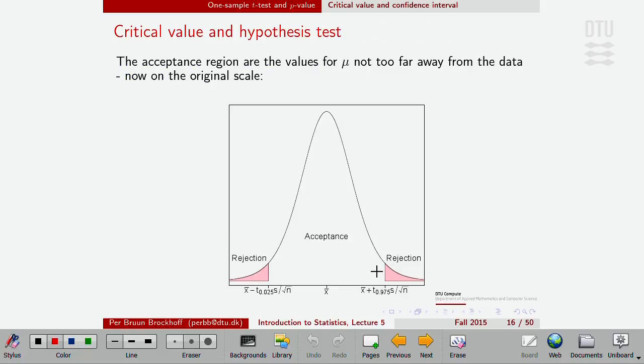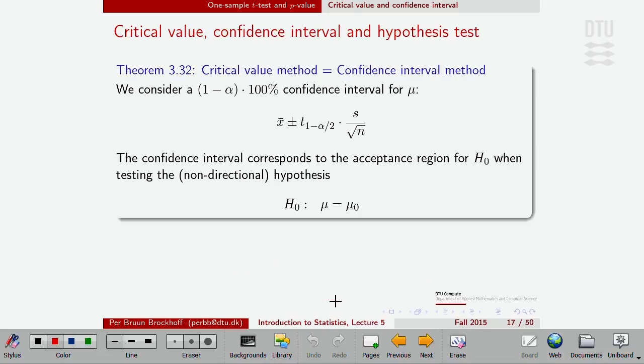This is the same plot. We accept when we are not too far away, and we reject when we are far away. I think it's pretty obvious. But then we have almost set and proved. I even bring one more slide where I make it more explicit. Now it should hopefully soon be clear, or at least if you go home and study it for a few minutes, that what I showed you last time was this: a 95% confidence interval, in the most commonly used way,